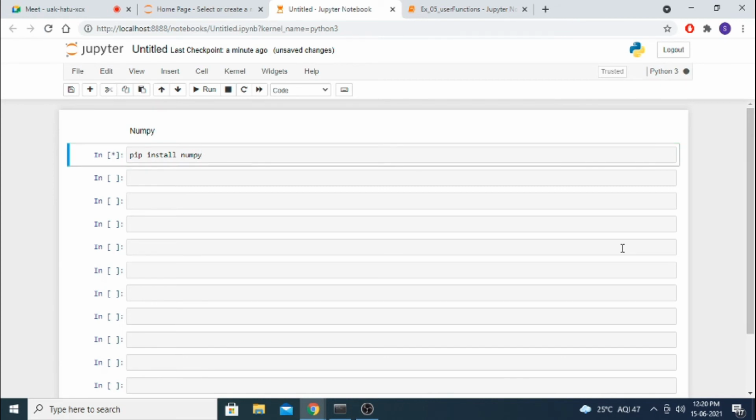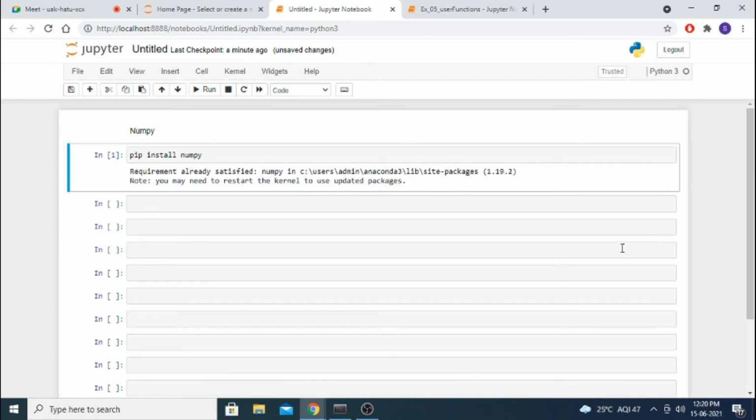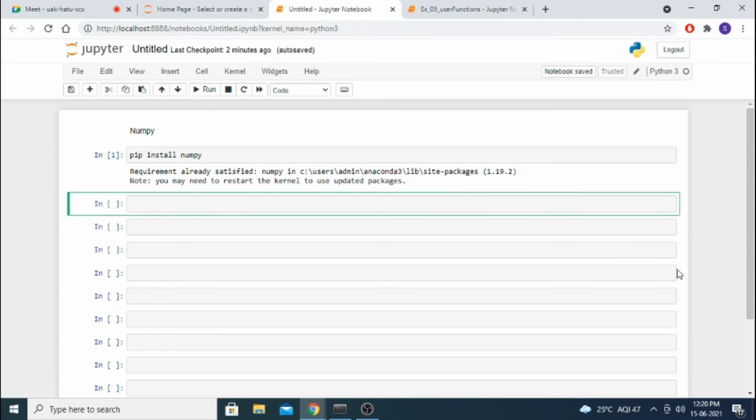An asterisk is showing. For example, in your Jupyter notebook, if you are using NumPy, you have to run pip install numpy, then it will say installed successfully, and only then go and work on it.